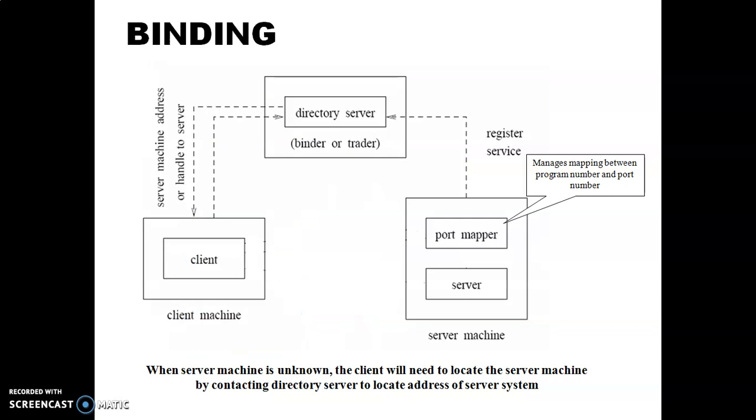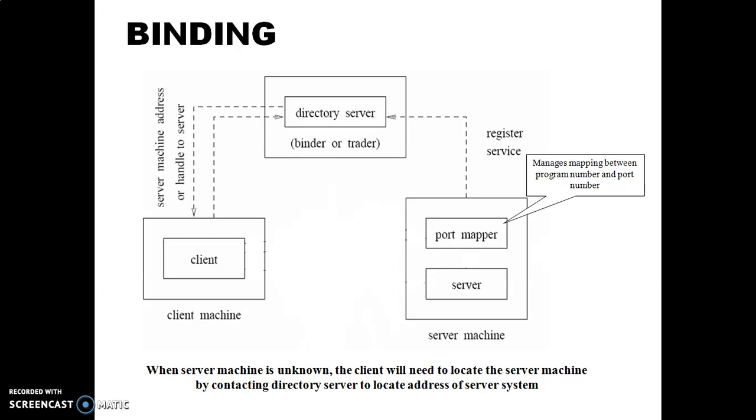Binding. What is binding? We can say that binding is an important aspect of remote procedure call. A remote procedure call requires a remote binding. The calling client must bind to a server that offers the interface it wants, and the client's local procedure must invoke the correct manager operation on the bound server.